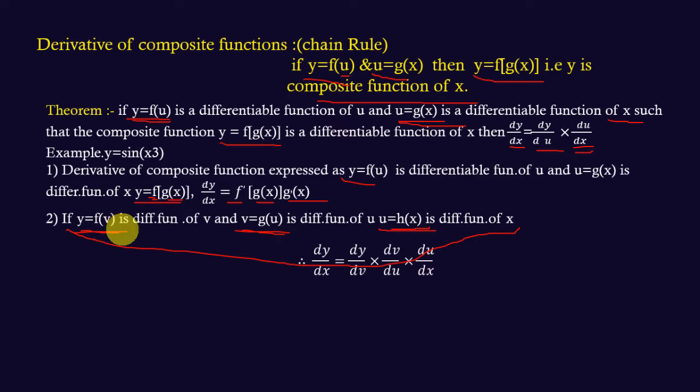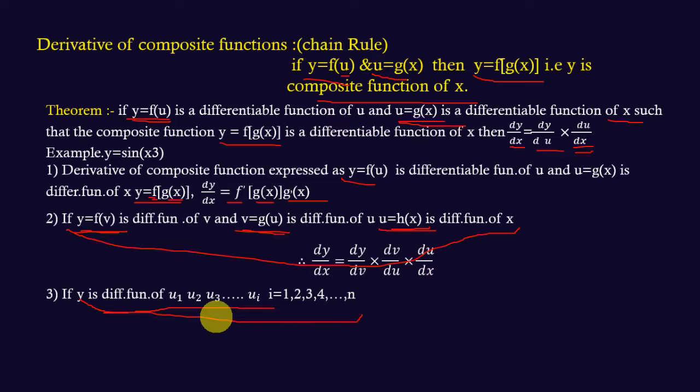Here y is a function of v, then u, and then x. Then same thing, if y is a differentiable function of u1, u2, u3 up to un, where i varies from 1, 2, 3 up to n terms, it means finally this y is a function of x. This y is a function of x means for the left hand side we have dy by dx, and for